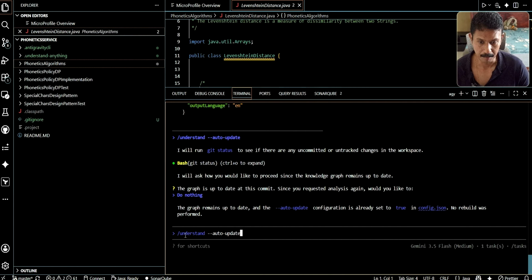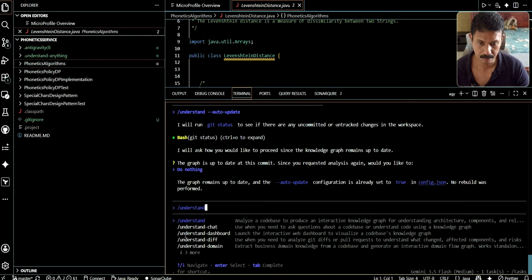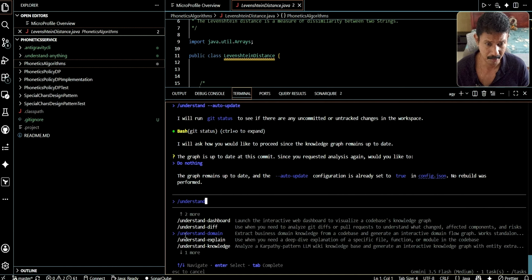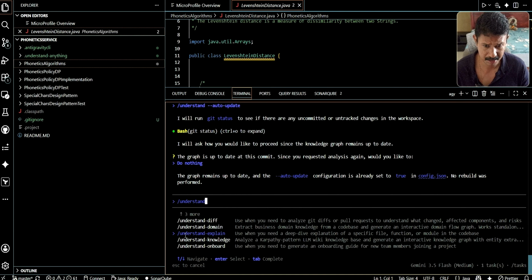So other useful commands, just like that, /we look at the dashboard. Yeah, this one is also a super useful command, understand hyphen diff. So if you wanted to analyze the git differences of pull requests, so you made a change and you made another delta change, and then you wanted to compare this, you can use this, right? And if you wanted to extract the business impact from this, if you want to do a deep explanation,